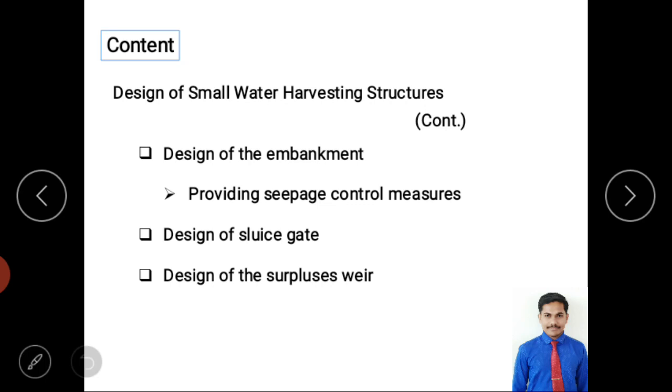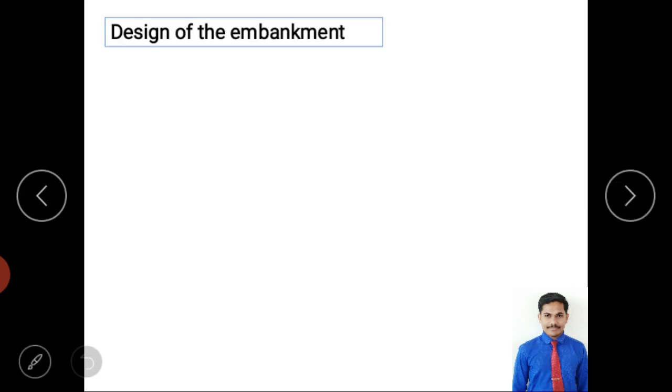So here we have the design parameter continuation part, right after the calculation of storage capacity. Next point is design of embankment, then providing the seepage control measures, design of sluice gate, design of surplus weir. So we'll discuss one by one. First we will discuss design of embankment. In the design of embankment, if you take the construction, the water has to be stored,